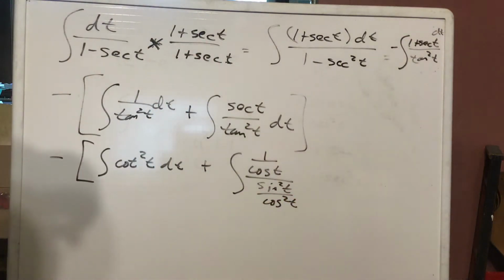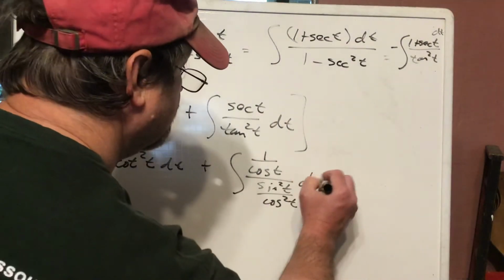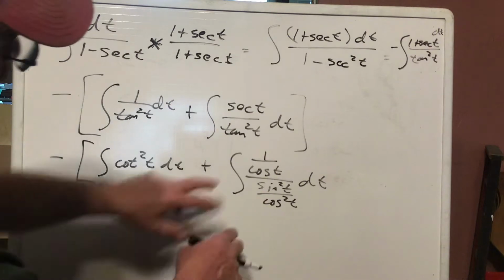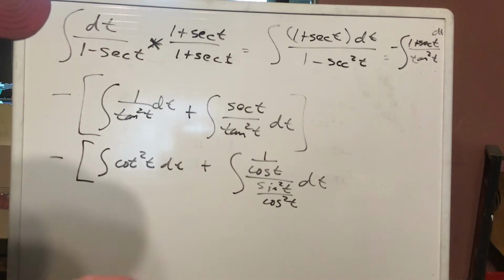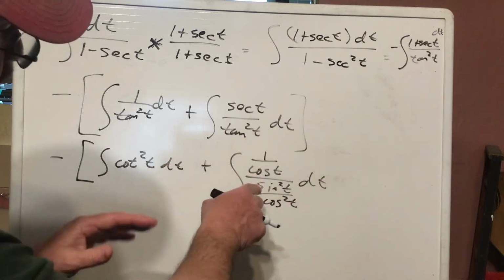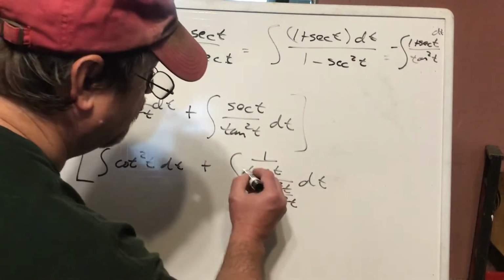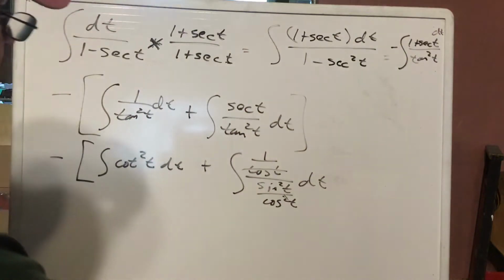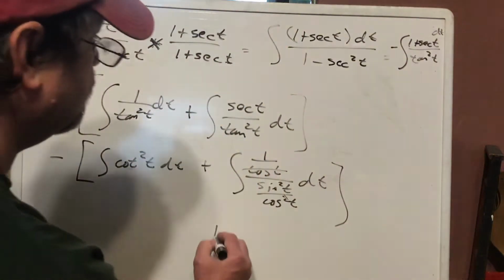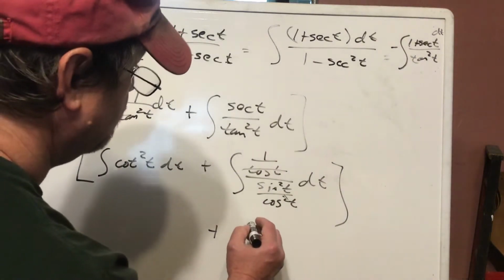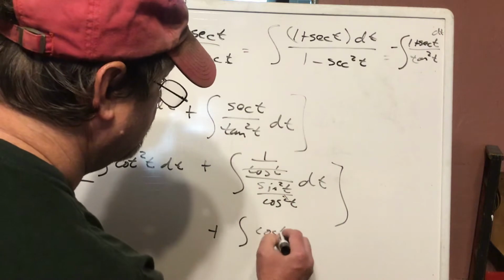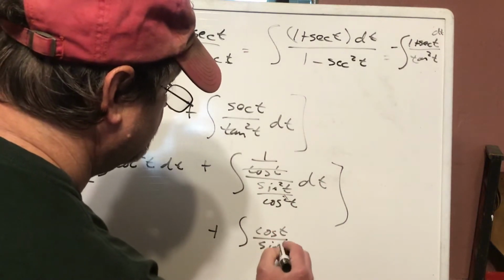And if we think about four-story fractions, the first and fourth story multiply together, the second and third story multiply together, and the first and fourth go on the top. I'm going to end up with a cosine squared on the top and a cosine times sine squared on the bottom. So this is going to cancel with this. And just looking at only that second term for right now, that's going to become cosine t over sine squared t,